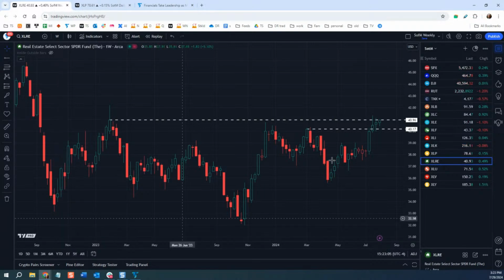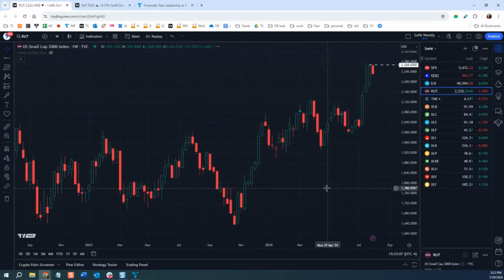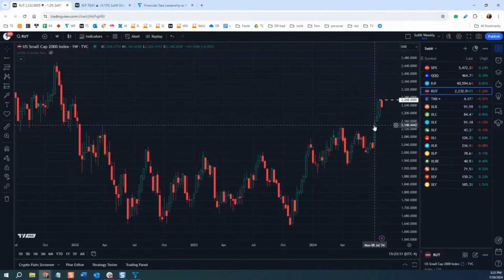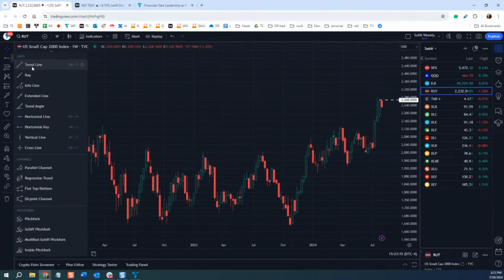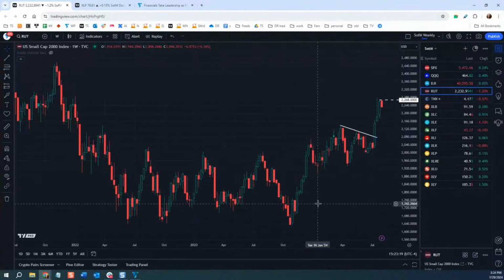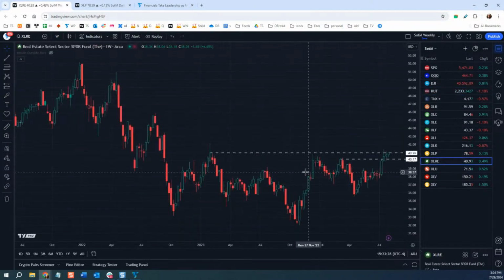And if you look at something like what the Russell did before it broke out, it did things like this. Not exactly, but it did close at this high, and then it continued. It's not all the same, but if you look at the Russell on the weekly, it had this downtrend that it broke. So a lot of these patterns are somewhat rhyming, and they also have similar interest rate sensitivity. That's the XLRE. It's now been holding.